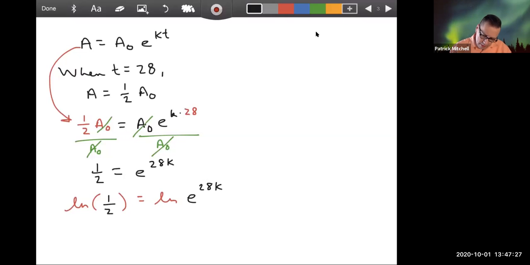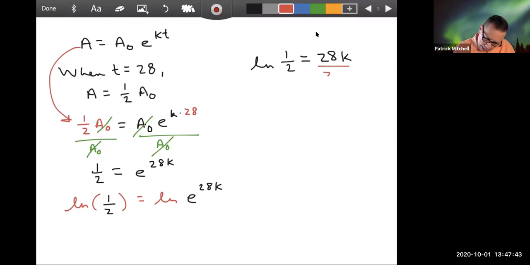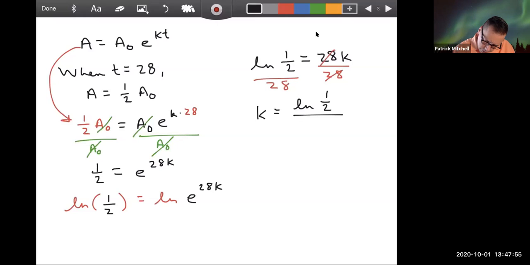And once again, by the inverse property of e to the x and natural log x, natural log of e. Okay, so now we'll divide both sides by 28. And we get that k is natural log 1/2 divided by 28, which is approximately